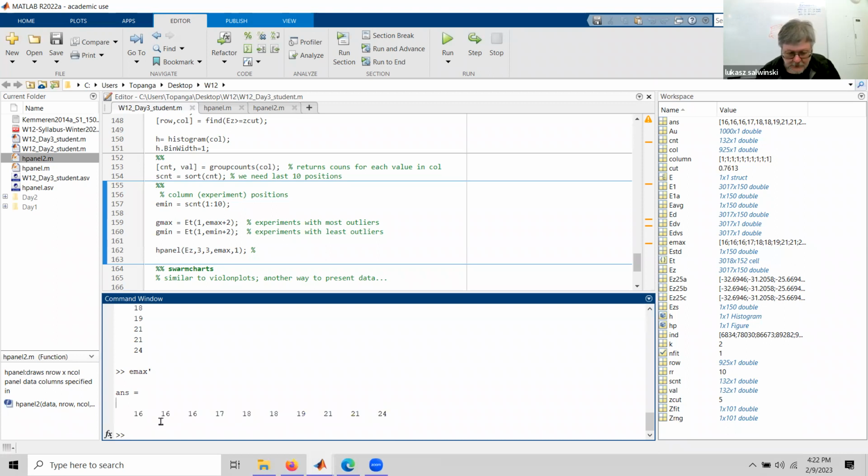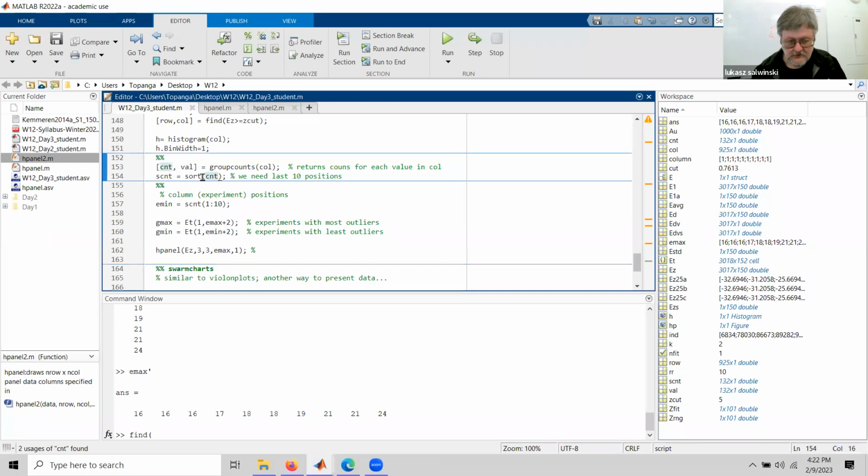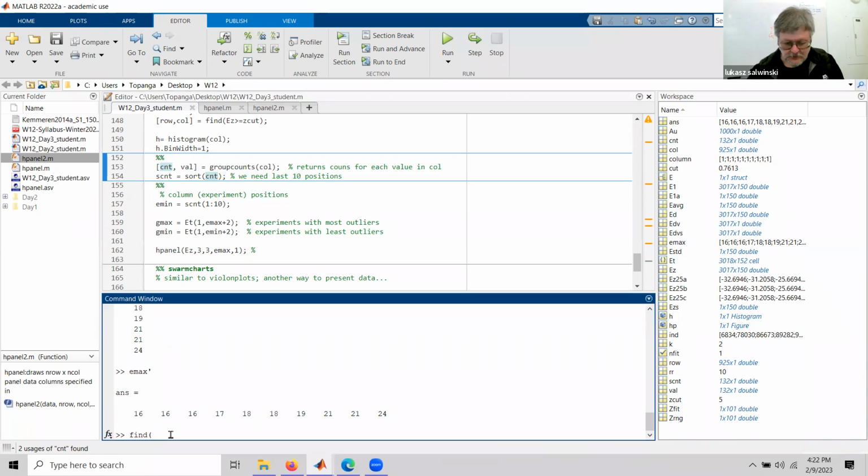Well, if we look for values in the CNT column that are higher than 16, so let's look for CNT higher than 16,